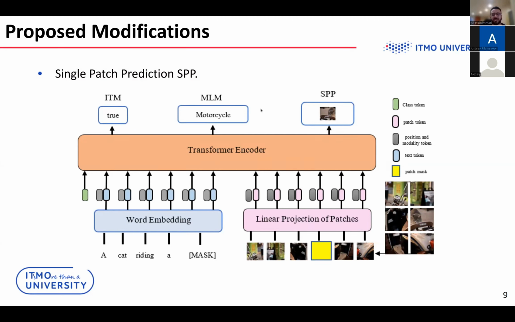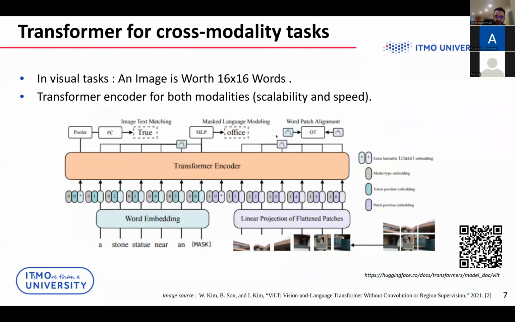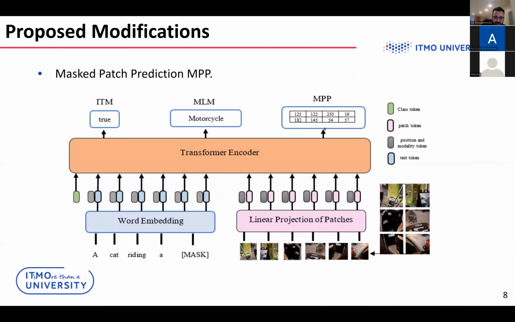So what's the advantage of adding one more head just for alignment between these two? It sounds like just a part of what exists, but of course, let's remember that the original writers had this word-patch alignment. I just removed it for simplicity, but it will be very interesting to try to come up with something more advanced, maybe